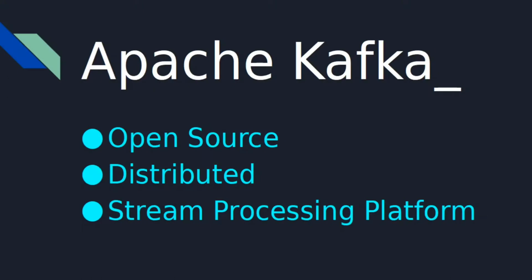Kafka is the platform or framework which is open source. As you can see, it's called Apache Kafka. It's distributed, it runs in a distributed fashion, similar to the other data processing platforms which are available open source. And it's basically a stream processing platform, but it can also process batches, and it can also process in Windows. These three are the very primary characteristics of Apache Kafka. So whenever you want to process a stream of data, whenever there is a continuous data and you want to manage that data, you want to process that data, you will need a software like Kafka.